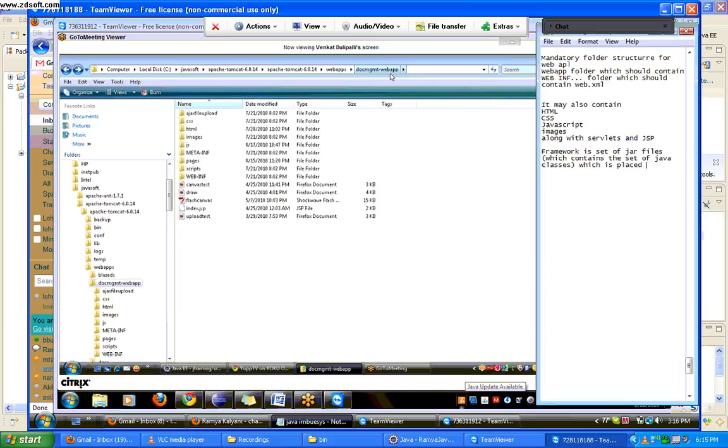And as the static elements can be placed directly under the high-level folder structure of the web application, it means you can place them under the document management web app. You can place all the static pages like HTML, JavaScript, CSS, and images directly under this. And also,